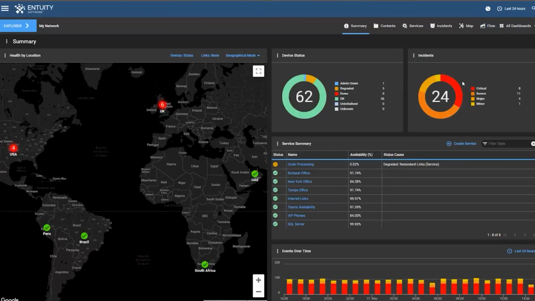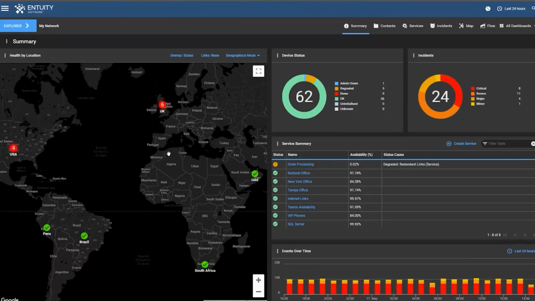at a glance how many devices I have under management, along with their status, the number of active incidents, along with their severity. It shows me my key business services and their status. It shows me the rate at which events are coming in, another indication of how healthy my network is. And finally, but by no means least, I've got a nice interactive geographical map that shows where in the world these devices are located, by site or perhaps by customer if you're an MSP, plus an indication of health at